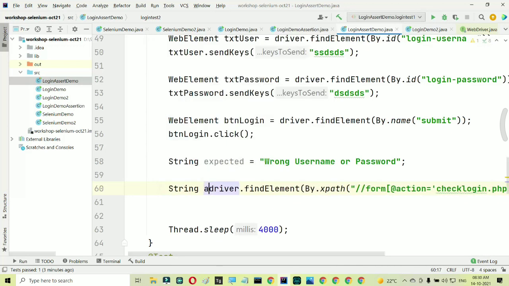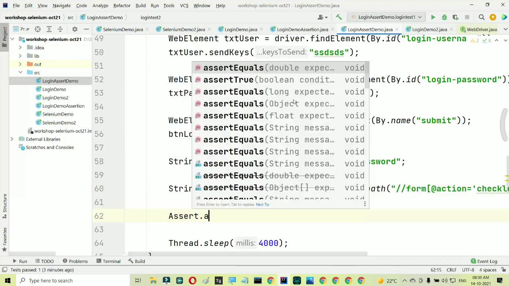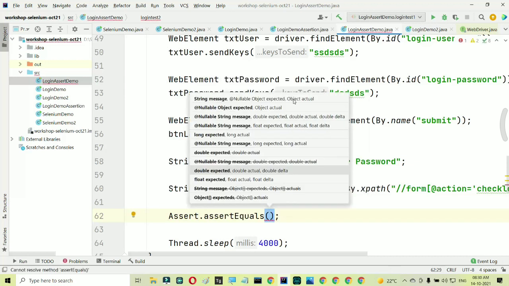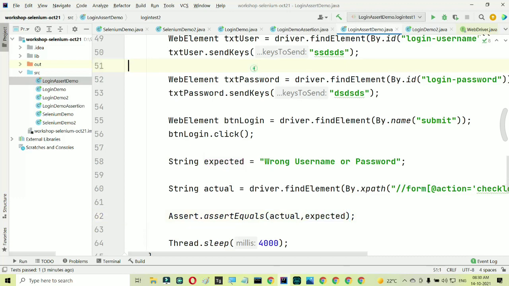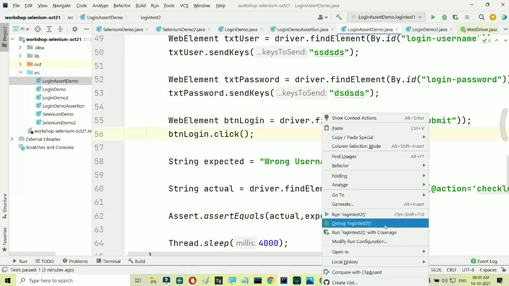So string actual is equal to this, and say assert dot assert equals actual comma expected. Okay, so save this, right click and run.